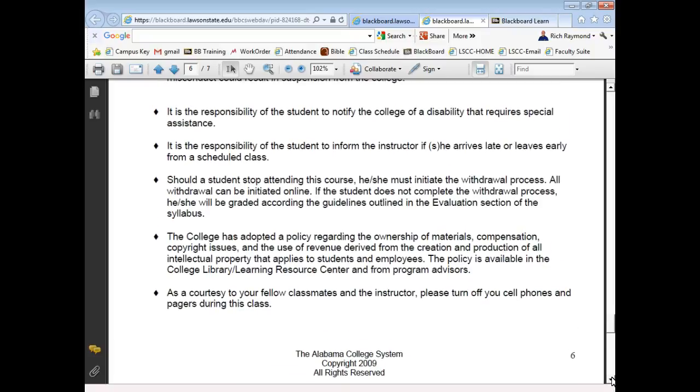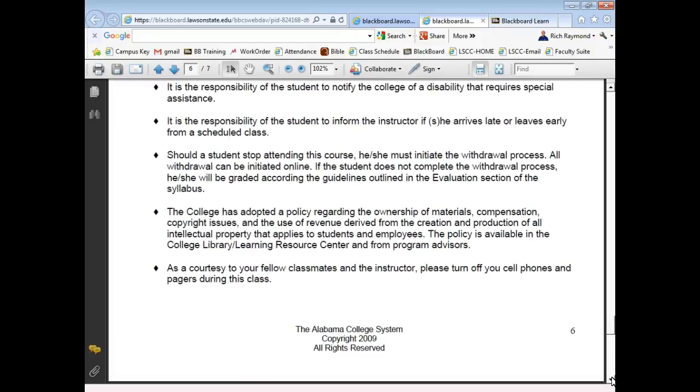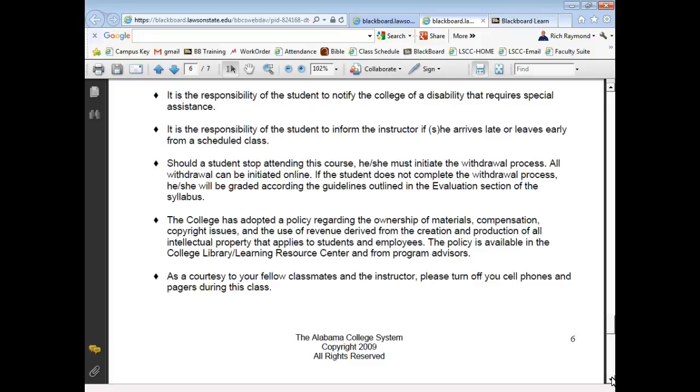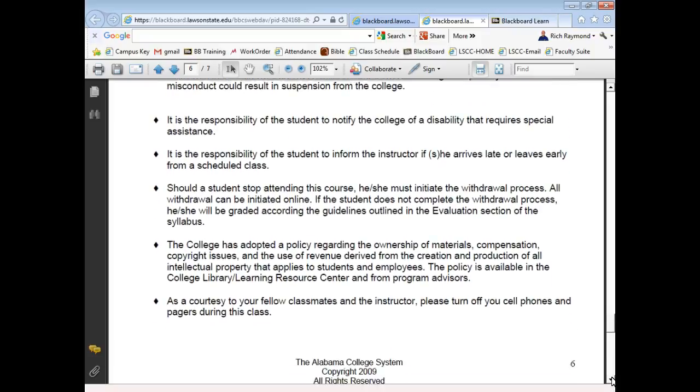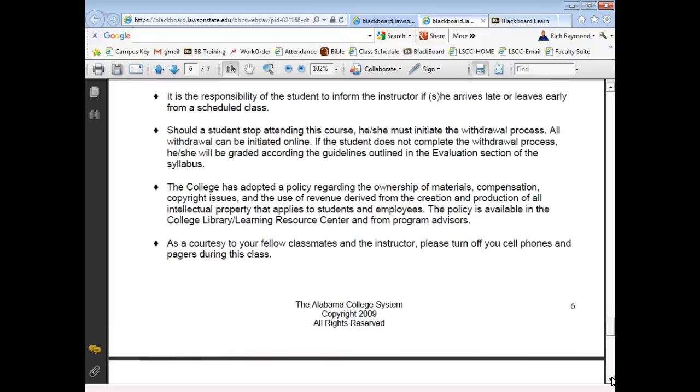No, you're an adult. "Rich, is it okay if I go?" Like, no. And usually I give you a little lecture about what you're going to miss out on. But you know, you're an adult, and you don't have to have an excuse to leave. So if you need to go, just say, "Rich, I need to go. I need to leave a little early tonight." Don't say, "Rich, is it okay if I go?" I'll say no. But if you come in late or leave early, just let me know. So if you need to go, just let me know you're going, and that way, if something comes up and